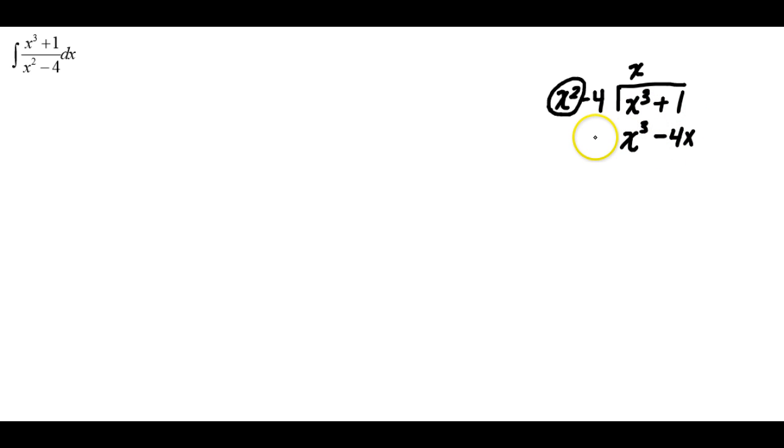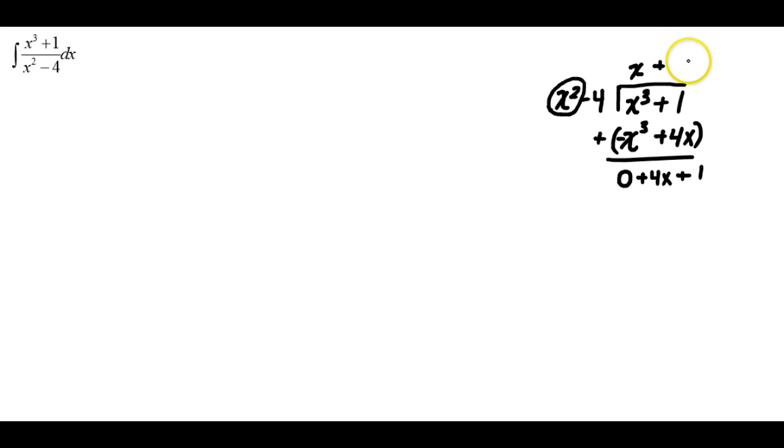And then with division, we subtract this quantity. So in other words, this is going to become plus negative x cubed, and then plus 4x. So as I add down, the x cubed and the x cubed cancel, give me 0. 4x stays 4x, nothing cancels with 4x, and nothing cancels with positive 1. Alright, so now I can't force x squared to go into 4x plus 1. So this is my remainder, 4x plus 1, and the way that we write remainders when we divide polynomials like this is